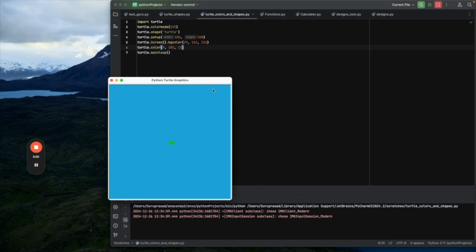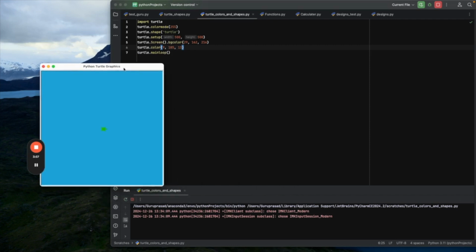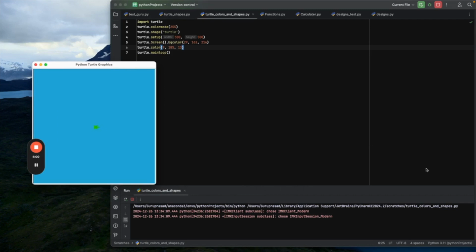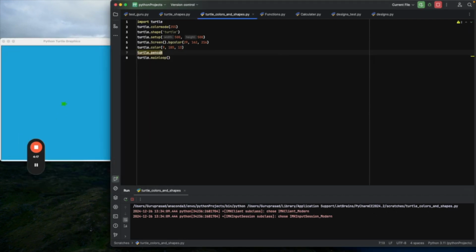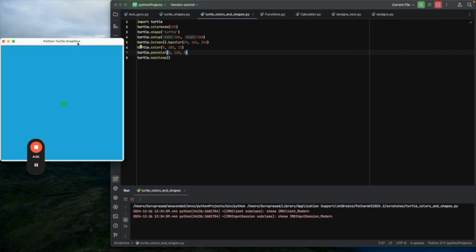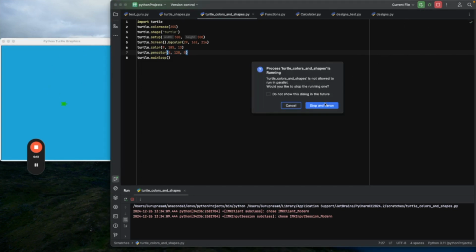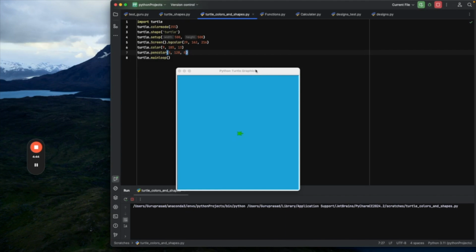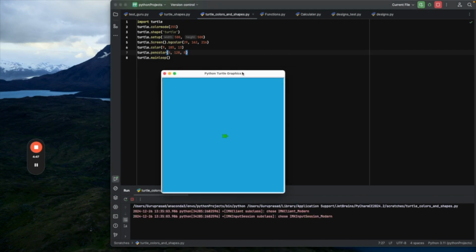Now it's a bit hard to see in this color, so let's maybe add an outline to the turtle. For that, we'll use the function called pen color, turtle.pencolor, and then here we will put 0, 128, and 0 again. So here we chose the color of the pen, and in this case the pen isn't what it writes with, but it's like the outline. So if I rerun it, then it'll come again, and you can see a sort of dark outline